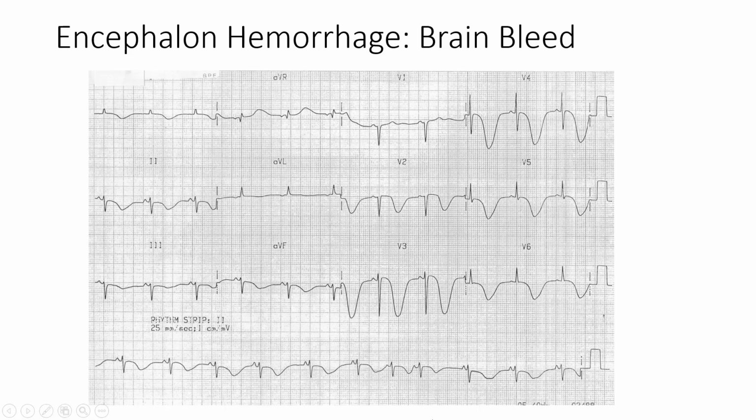Now, we have just talked about how T-wave inversions can be in association with ischemic heart disease, and so on. On more than a couple of occasions, a patient shows up unresponsive to the emergency department. They do an EKG, see these inverted T-waves, and they begin treating the patient like they're having an acute coronary syndrome. Of course, that is going to include antiplatelet therapy, which is going to cause the bleeding in the brain to be worse. Always consider a brain bleed if you have deep T-wave inversions, particularly in the setting of comatose, unresponsive,